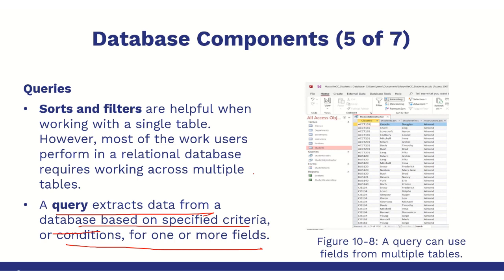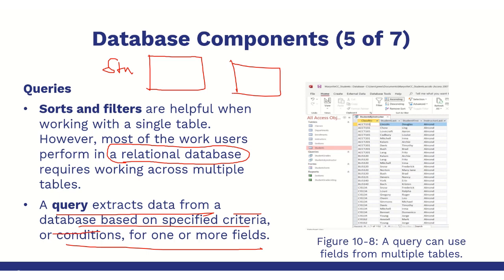Now, sorts and filters are utilities when you are working with a single table. However, most of the work users perform in a relational database requires working across multiple tables. So we have uttered another buzzword, which is relational database. What is it? So in a database system, you can have multiple tables, right? You may have a student table in a school database system. You may have an instructor table. You may have a classroom table, class table,